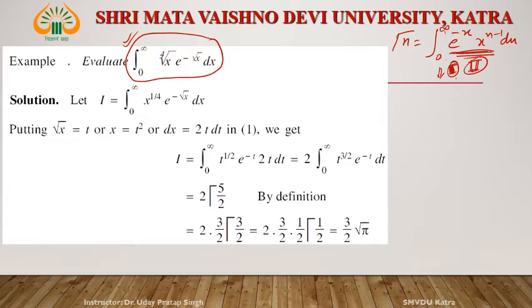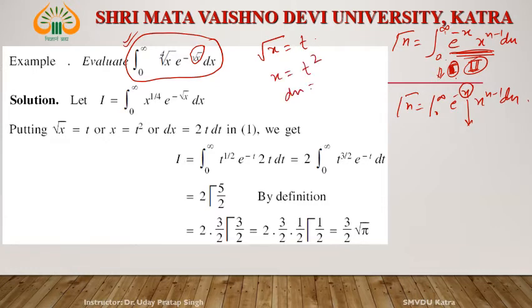And what is the procedure? We know that gamma of n equals the integral 0 to infinity of e to the power minus x times x to the power n minus 1 dx. So our first target is to make whatever the power of the exponent is into this form. See here, what is the power of this exponent? Square root of x. So first you apply a transformation. Let us assume square root of x is equal to t. Then x is equal to t square, and dx is 2t dt. If x equals 0, then t equals 0. If x equals infinity, then t is equal to infinity.